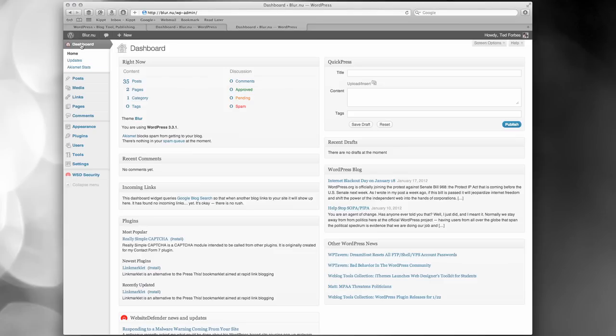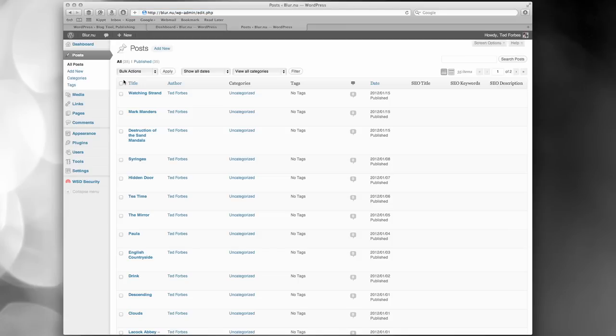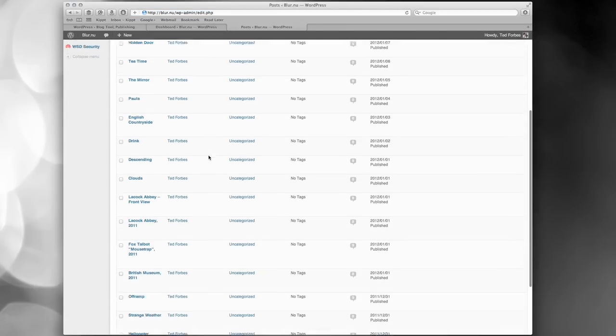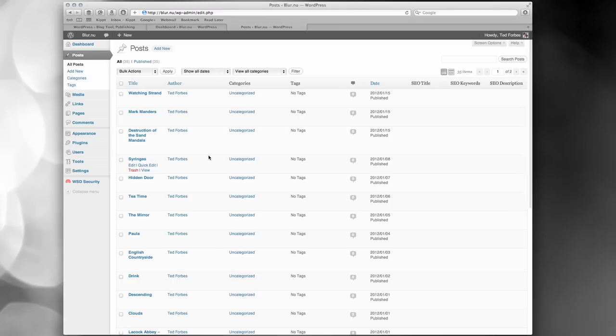WordPress, if you look at the left-hand side of the screen here, this is your main index, and this takes you through all the areas of your site. So you have posts, and so if I view all posts, these are all the posts that I've made, and they all have titles and descriptions. You can put them into categories. I'm not interested in that for this, but you can do it.